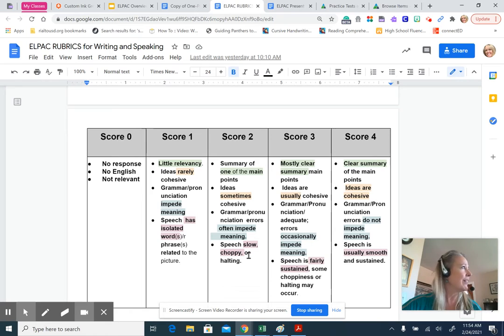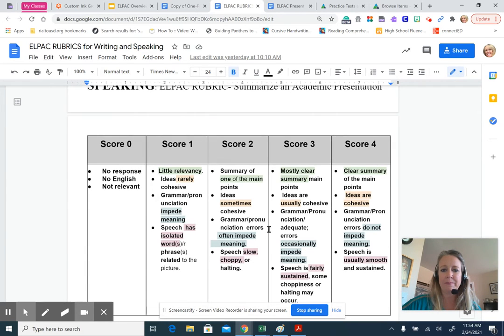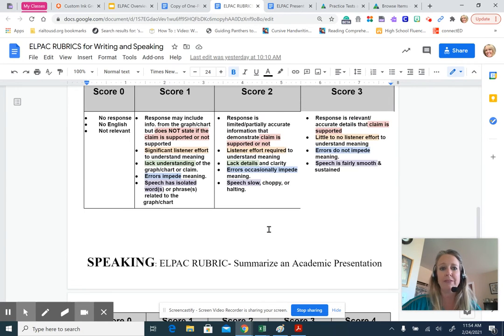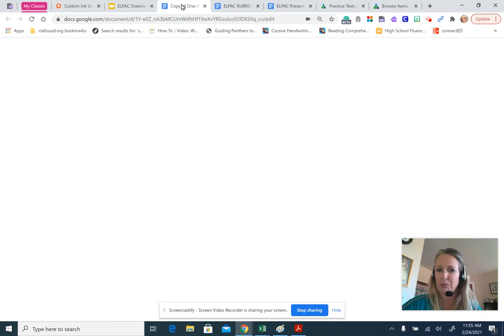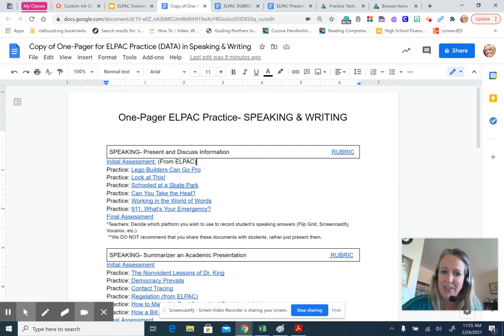The rubrics are there, and I feel it's so much more beneficial to go over the rubric with the students first, and we focus on the difference between a 3 and a 2. What does that mean? That gives the students great insight into what kind of language they need to produce in order to score well on the ELPAC. And they never get to see the rubric ahead of time. I just think we should always show rubrics before we expect performance from students. So that's just kind of how this is all set up.